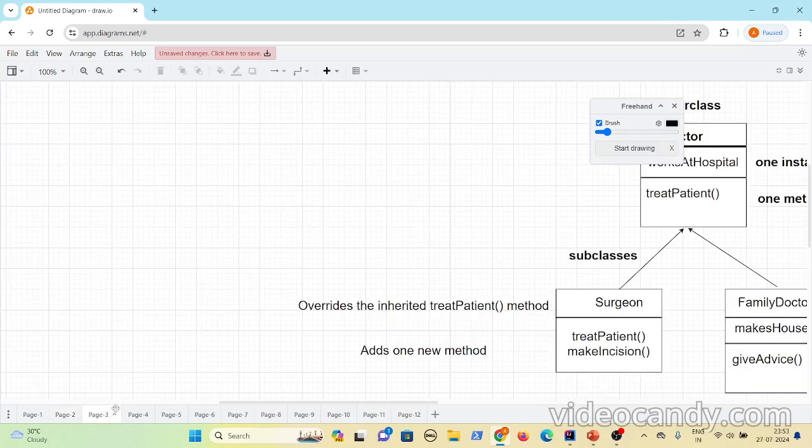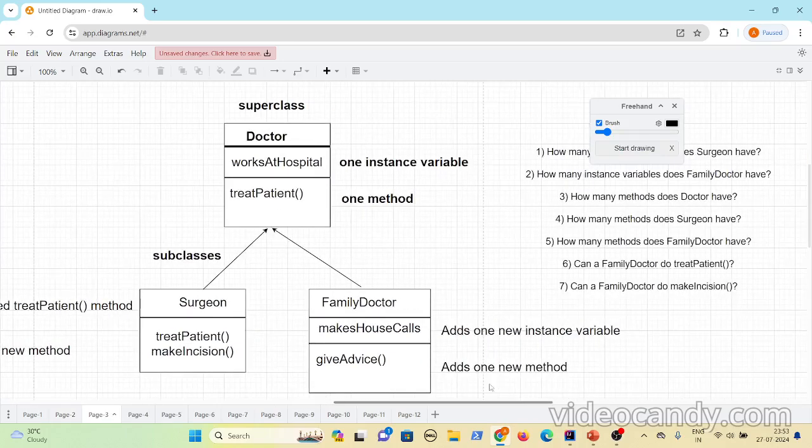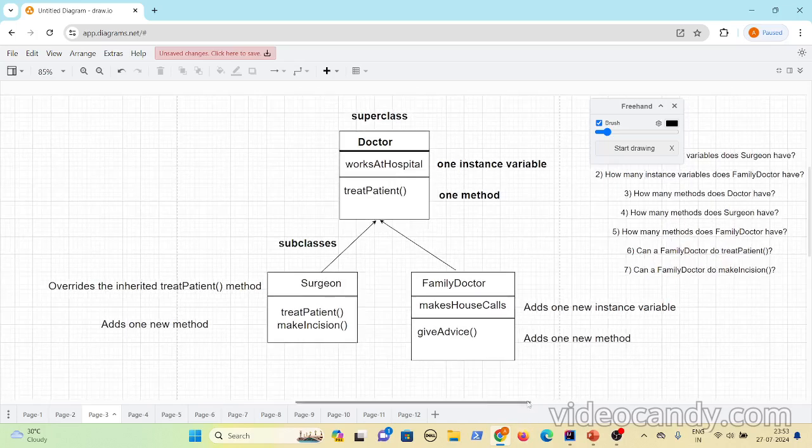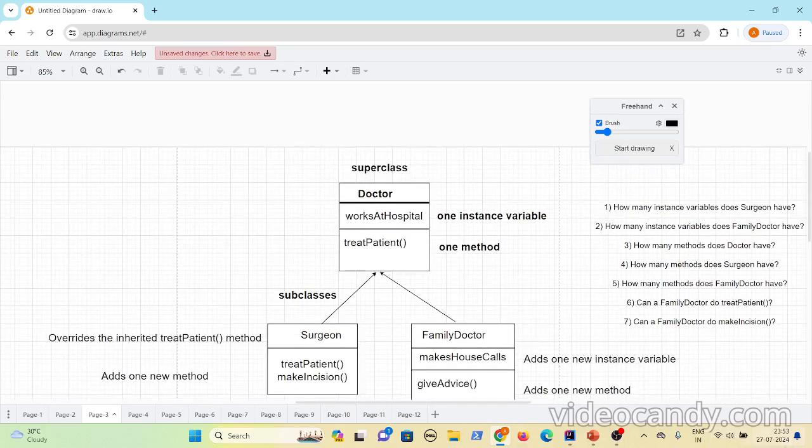Now let's see another example. Consider the doctor scenario. What is the basic functionality of a doctor? They treat patients, right?